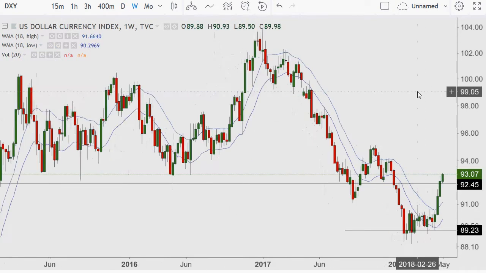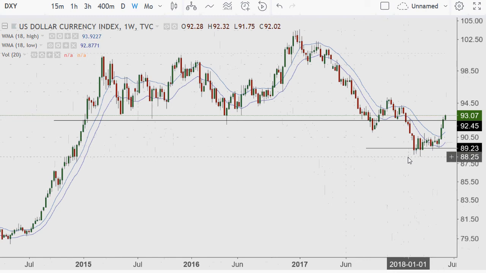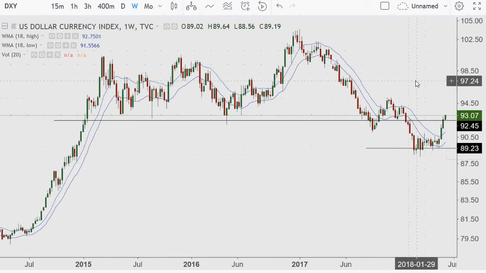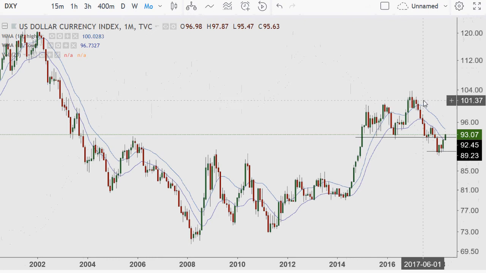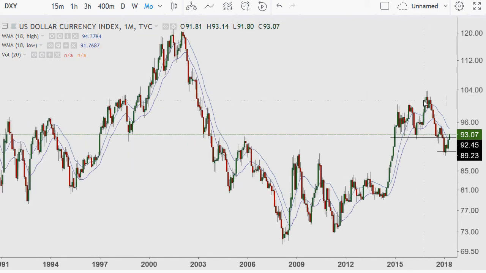Within the weekly time frame, you can maybe add Fibonacci from this high to this low. I'm really not going to do it, but there's a decent amount of gap space and a long way to go on this time frame, because this has really got to make a break well above 100. So it still has a decent 7 points, basically. If we span out to the monthly chart,